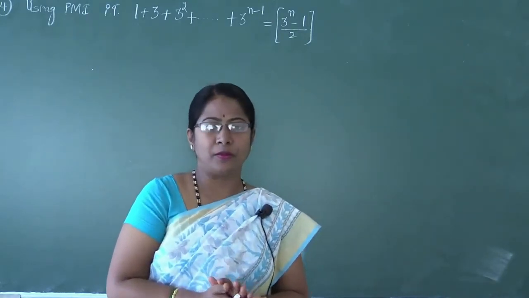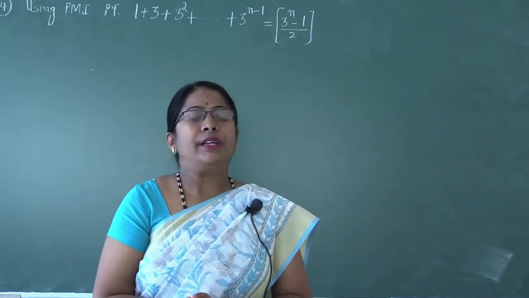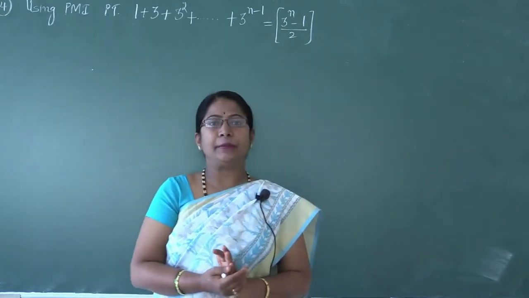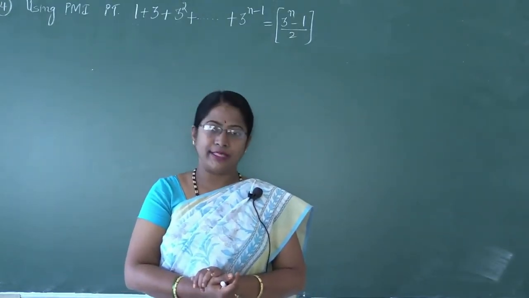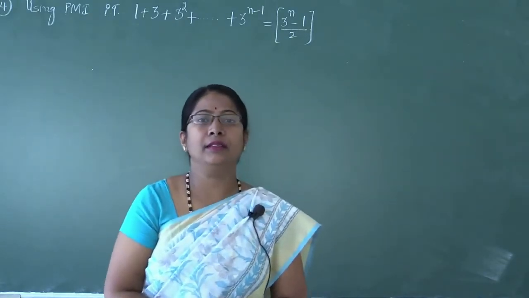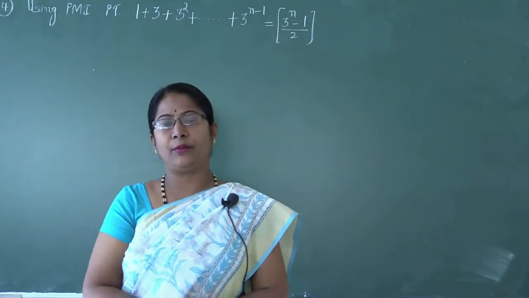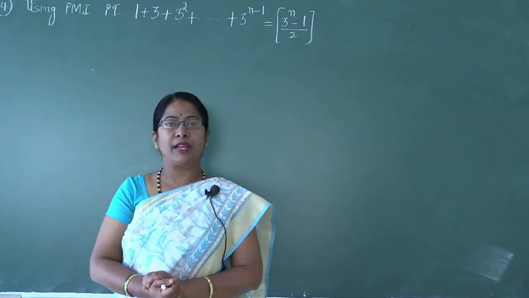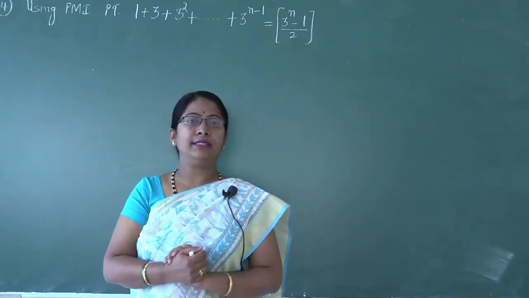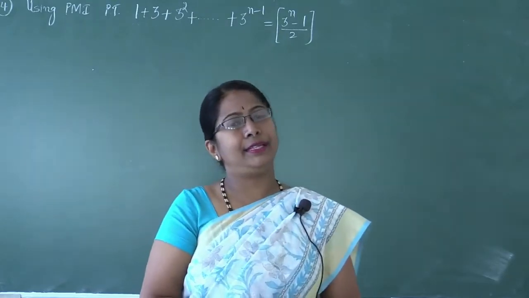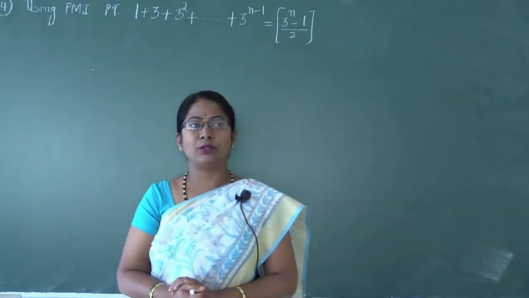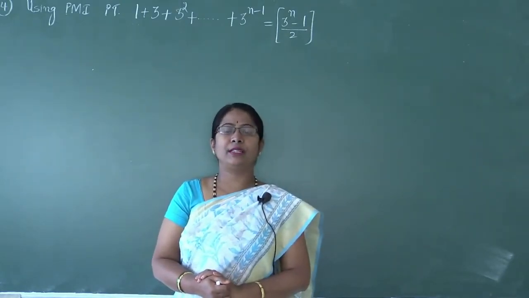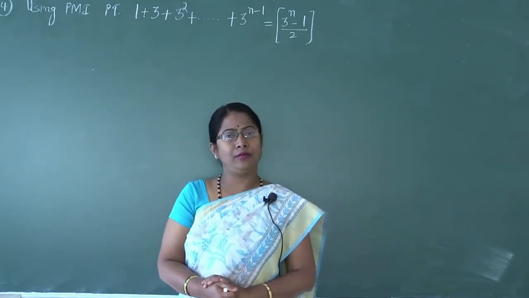Before we start the fourth problem, I will quickly summarize the working rule that has been taught to you all yesterday. The first step is to denote the given statement as P(n). Assume the given statement is true for n equal to 1. Assume the given statement is true for n equal to k. Using this assumption, we shall prove that the given statement is true for n equal to k plus 1. More importantly, after solving for n equal to 1 and n equal to k, what we are supposed to do for n equal to k plus 1 is add the next term on both the sides.